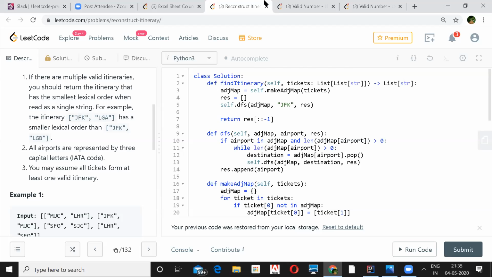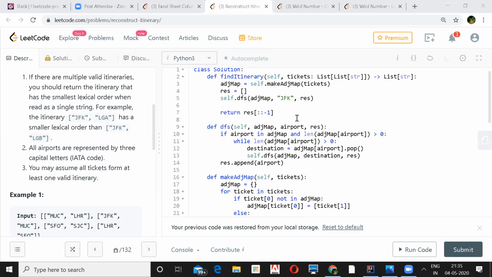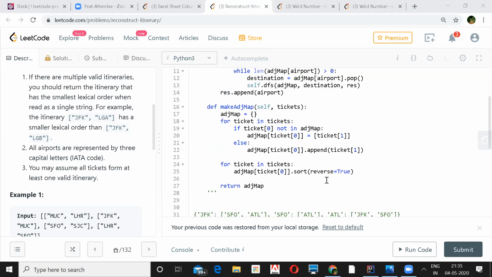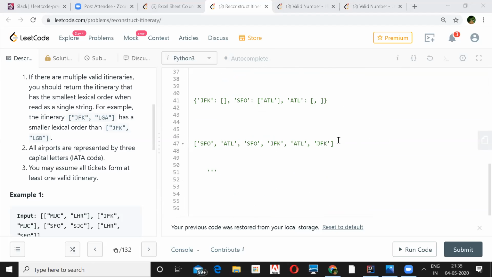Hey, Shashank. I've actually posted an example in the chat. Can you just try it out? I think Gaurav has also shared. I just removed one of the edges from the original second example. Yeah, this one, JFK SFO, right? Yes, exactly. So first, I think we'll start from JFK, right? Yep. Let me paste. You'll get a dictionary out of it.